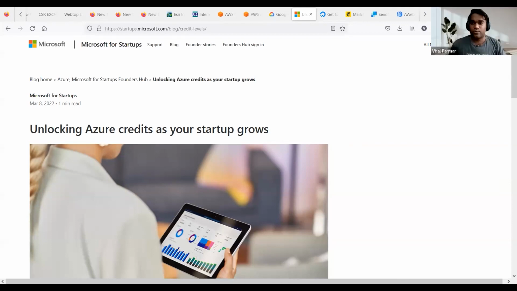As I mentioned, these companies provide smaller credits for individual or initial stage startups. If we talk about Amazon, it gives a $500 credit if you want to start with the basics, which is the prototyping stage of your startup.